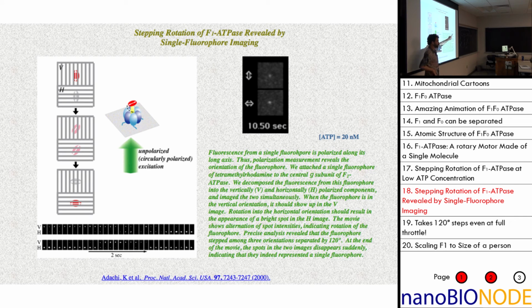And the fluorescent molecule has a dipole moment such that the dipole moment is like here or like here. And he showed, using a single fluorescent dye, because maybe there's something funny about the fact that you put a large actin filament on there. So here he showed that it nevertheless worked exactly the same. Okay, and